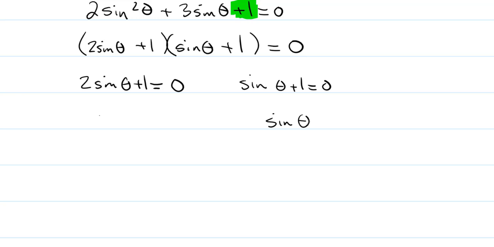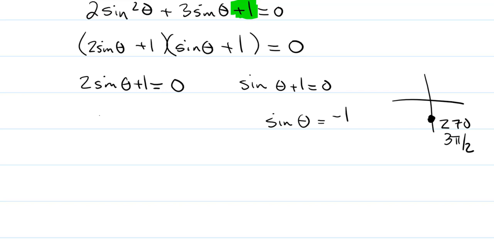So sine theta is going to be negative 1. And then I got to think to myself, all right, self, where on the unit circle is sine negative 1? So sine is my y value, and that's right down here at either 270 degrees or 3 pi over 2. Now, if I were to write that with all solutions, because there's only one solution for this particular factor,